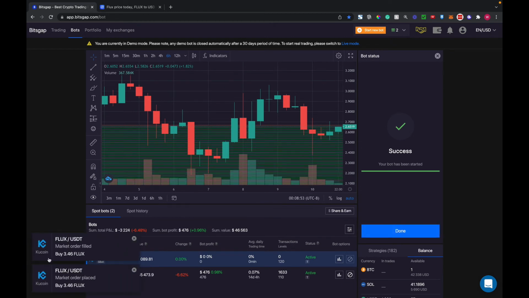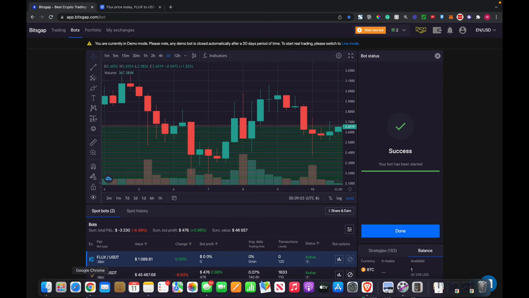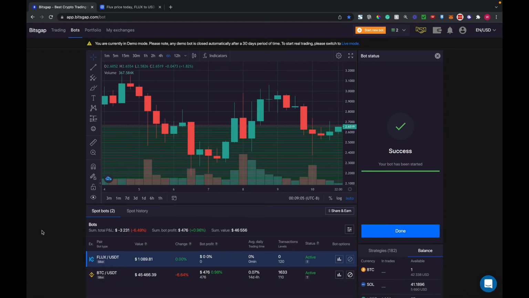As you can see, it started, boom, it bought 3.46 flex at market price, bam. Okay, success, the bot has been started. Now, in the real accounts, when you do start bot, it's going to actually give you another pop-up that says that the bot has been started. My suggestion for you is to stay there for at least 5 to 10 minutes to make sure that